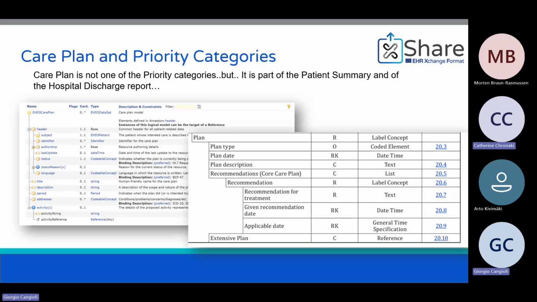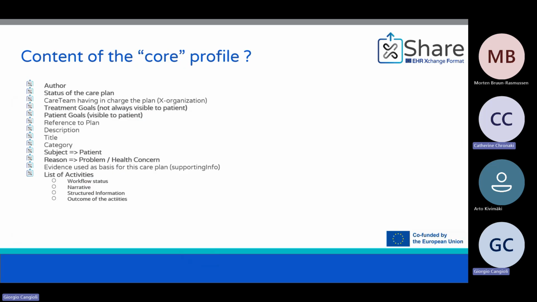We just showed what is currently available in the XT-EHR and in the patient summary, and we started to try to collect what are the things that might be part of the core profile as a concept.